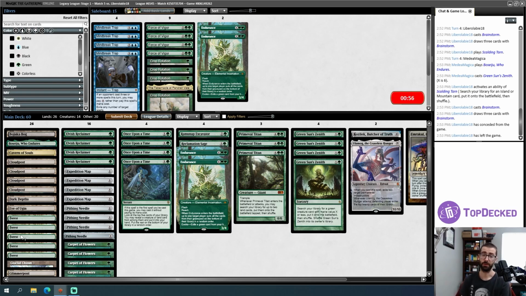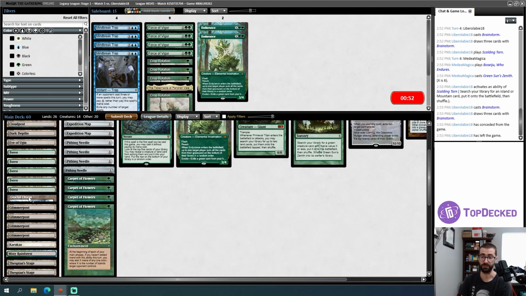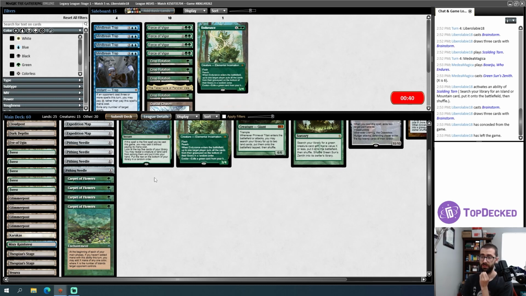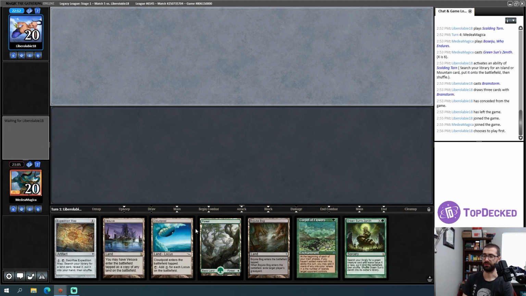Maybe with the information that I have now, 2 Endurances is enough. Or maybe I just board out Glacial Chasm for this game, and then just if my opponent does have Mentor. Now let's board out the Chasm and just be happy with 3 Endurances. That sounds fine. A very reasonable Carpet of Flowers hand, and ramp towards a Primeval Titan with at least